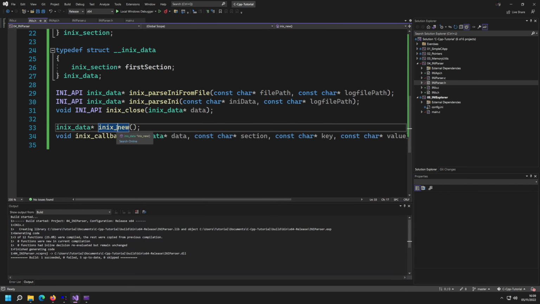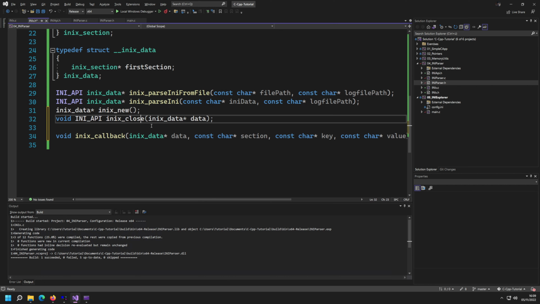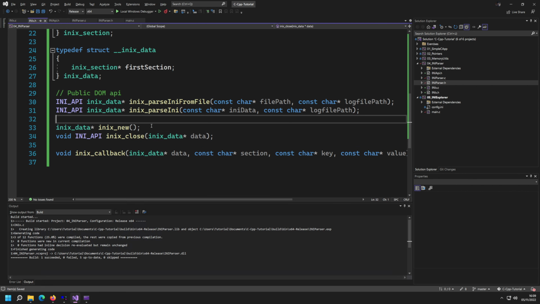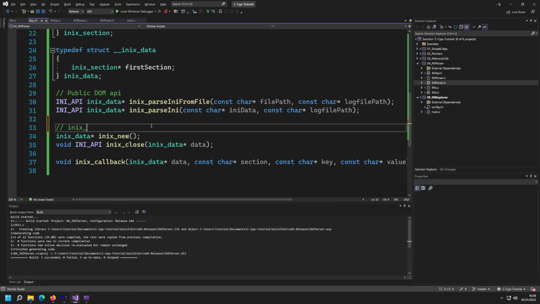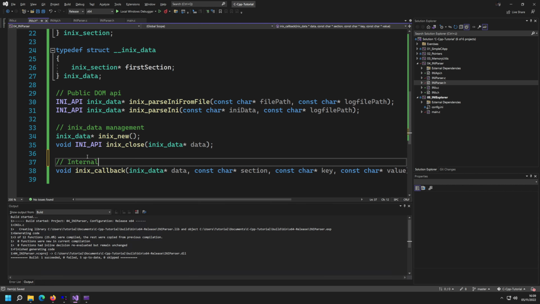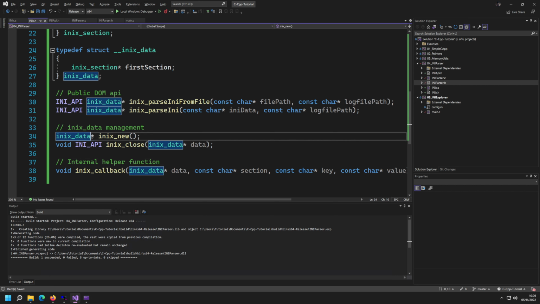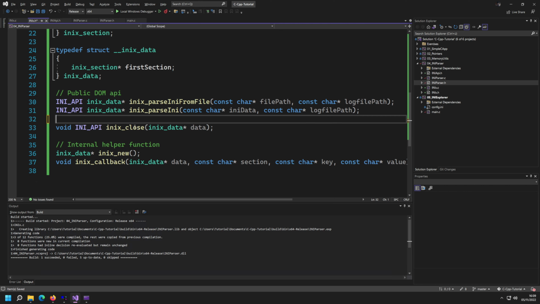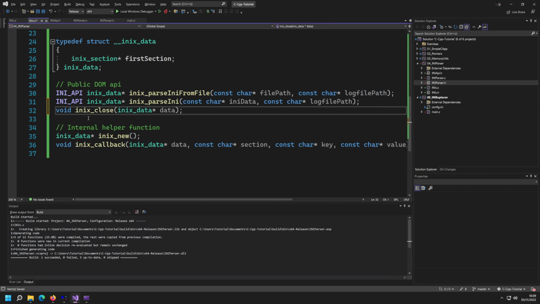So inix new, we have that one. Let me actually structure this a bit better. This is like our public DOM API. This is now inix data management. We are managing the lifetime of the data, and these are now our internal helper functions. This one that's down here is kind of an internal helper function, but let's move it down. Because it's kind of like internal public DOM API, let's just keep this in here. And because I want to be a bit consistent, I'm just gonna remove that one in here as well,